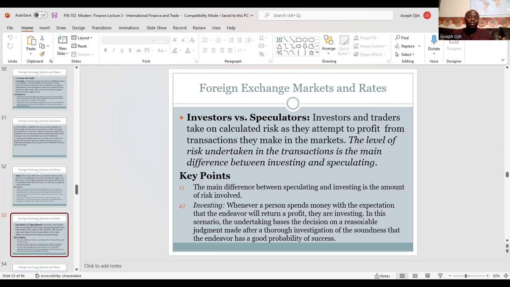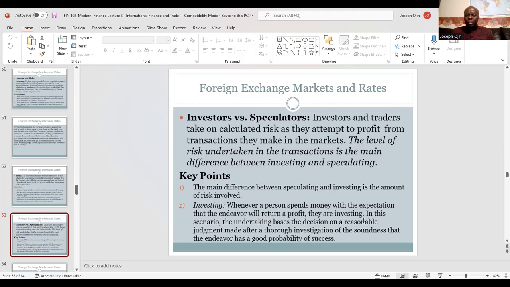As a matter of fact, the difference between investors and speculators is the level of risk undertaken. The level of risk undertaken in a transaction is the main difference between investor and speculator. So investors take low risk. That means they look at the fundamentals and say, we expect this company to increase in value in a few years. They invest. But speculators invest in high risk